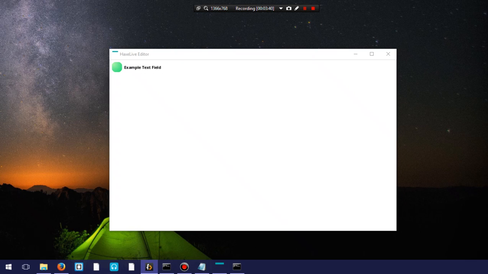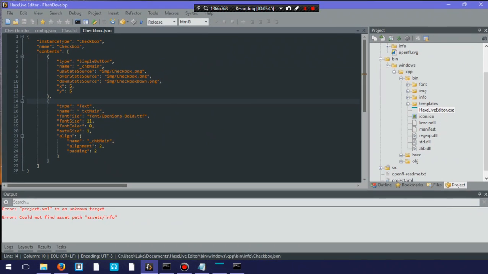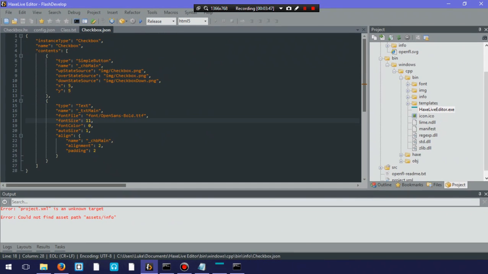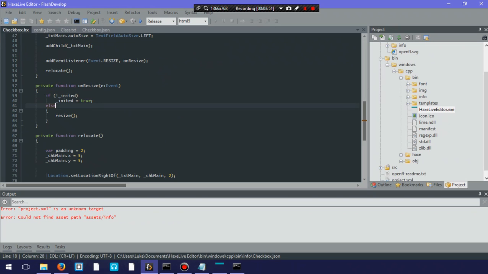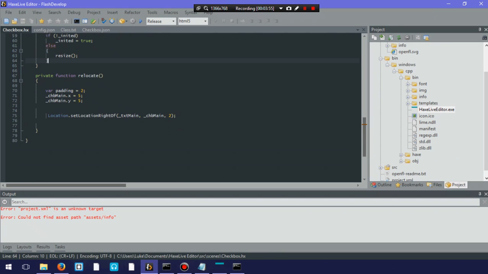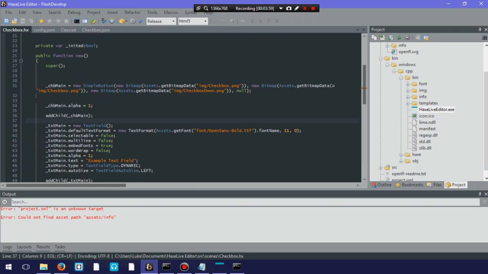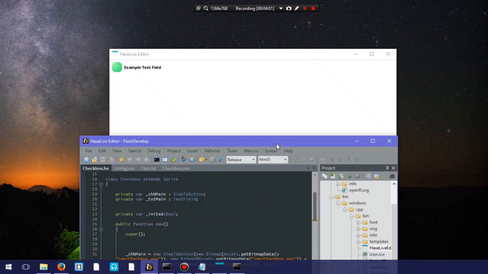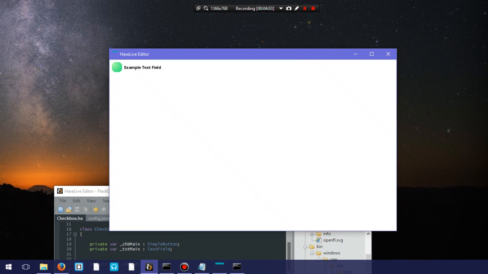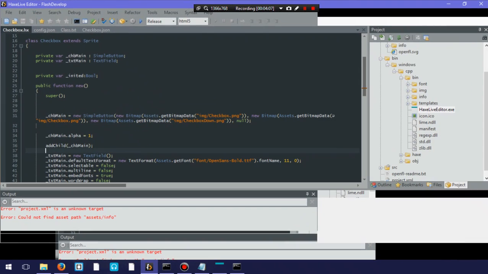Let's take a look at the code, shall we? Let's go in here and show you this. That is what is being generated right now. And if we go over to checkbox.hx, that was what was exported, and that will give us the exact same result here. So the whole idea of HaxeLive is to allow us